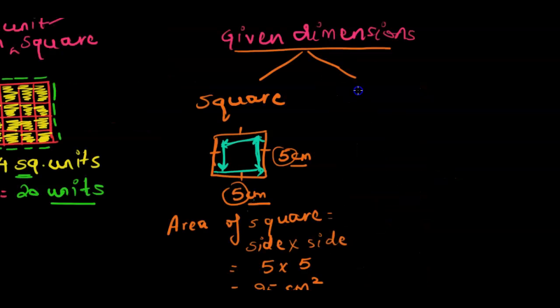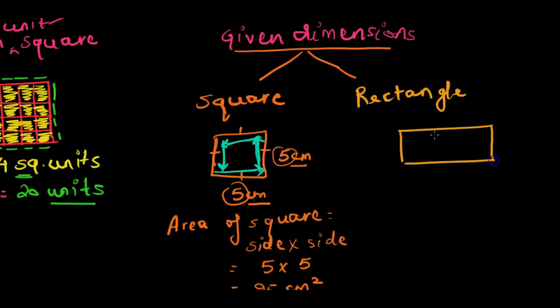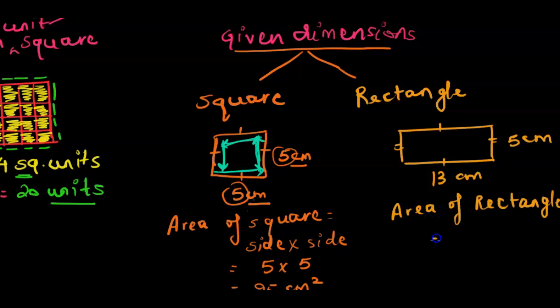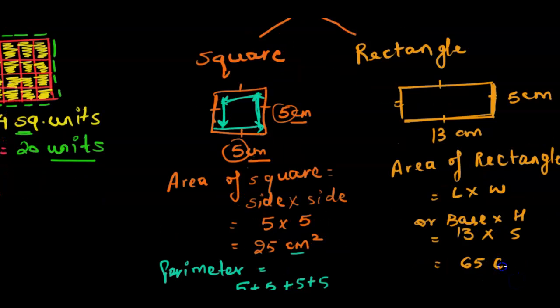Now let's say we are given a rectangle, where opposite sides are equal, and we're given the dimensions of the rectangle. Let's say this is 13 centimeters and this is 5 centimeters. Now we are asked to find the area of the rectangle. Area of a rectangle is length times width, or it is also called base times height. So this is the base and this is the height. Base is given as 13 times height given as 5, and that gives you 65